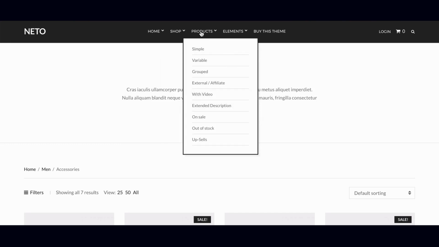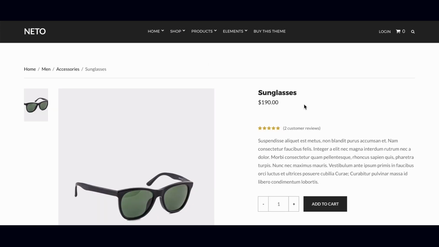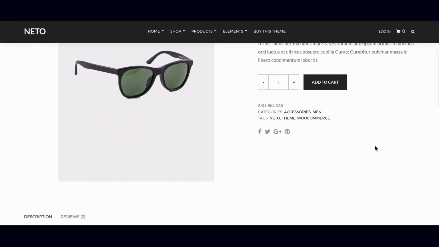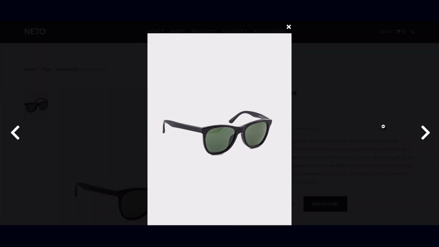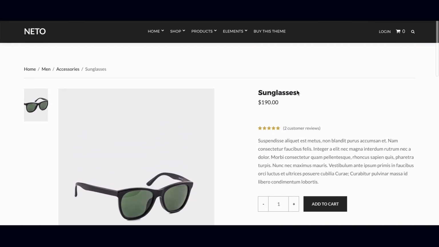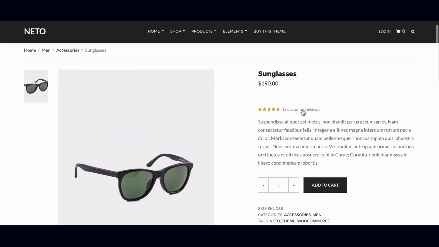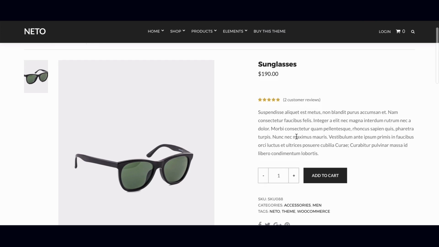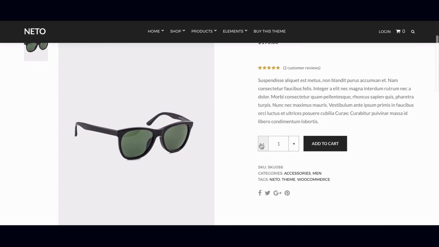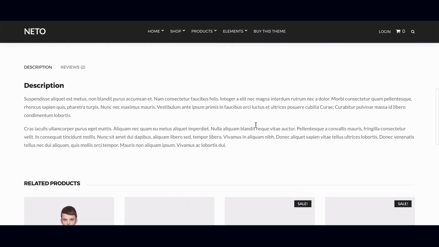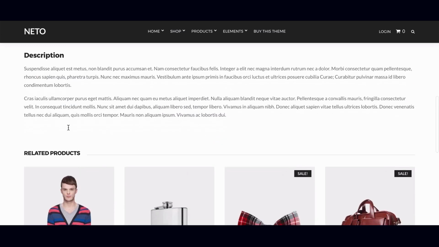If we hover over the products menu item, we have the various types of products, which include a simple product, one that doesn't include any attributes or variations like size or color. A simple product will display a feature image and the gallery images, the product title, price, any reviews, the short description here, quantity selector, add to cart button, SKU, categories, tags, the ability to share on social media, and if you scroll down, the long description, reviews, and related